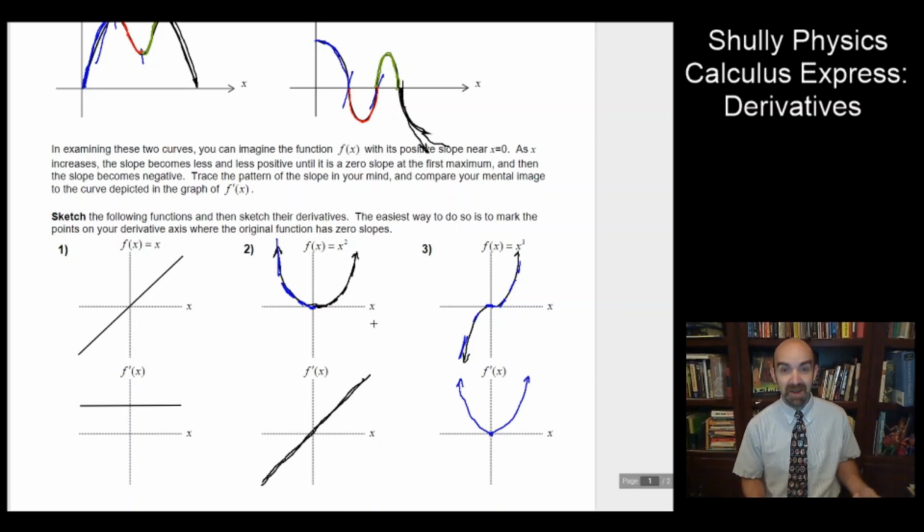All right, so do you see a pattern here? The derivative of a slope line, of a constant line, is a constant. Derivative of a line is a constant value. The derivative of a quadratic is a slope line. The derivative of a cubic is a quadratic. Do you see how we're taking that x, and this function down here is something like an x to the, if this is x to the n value, this one down here is an n minus 1. All right, so in this case,